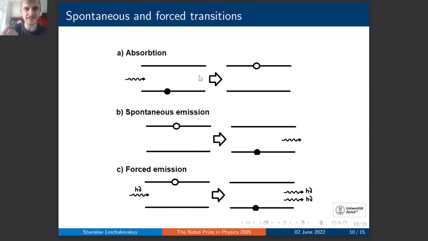The concept of stimulated emission was introduced into physics by Albert Einstein in 1916. The phenomenon of stimulated emission makes it possible to control the emission of the atoms using electromagnetic waves, and in this way generate and amplify coherent light. But to do that, we need two different things. First of all,